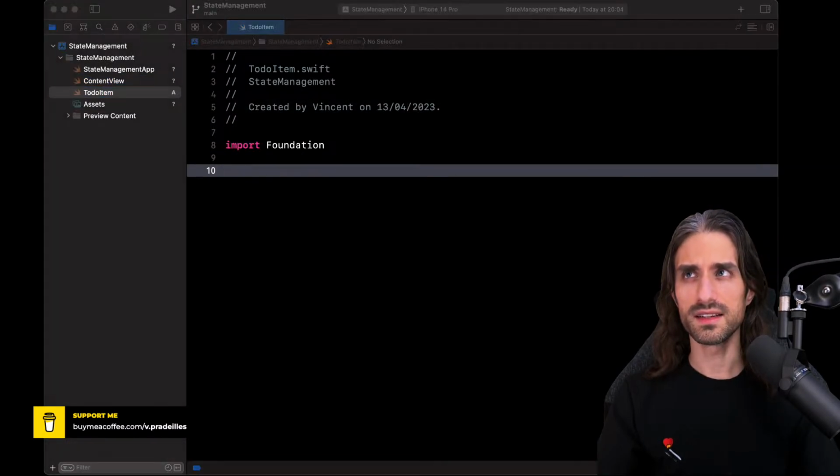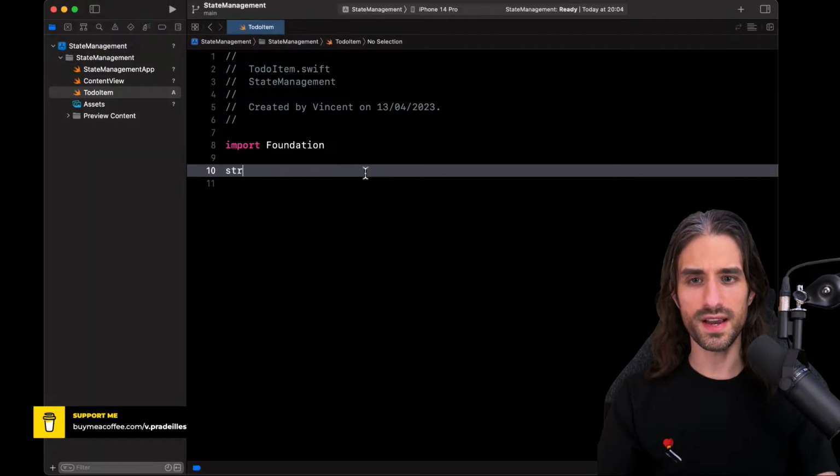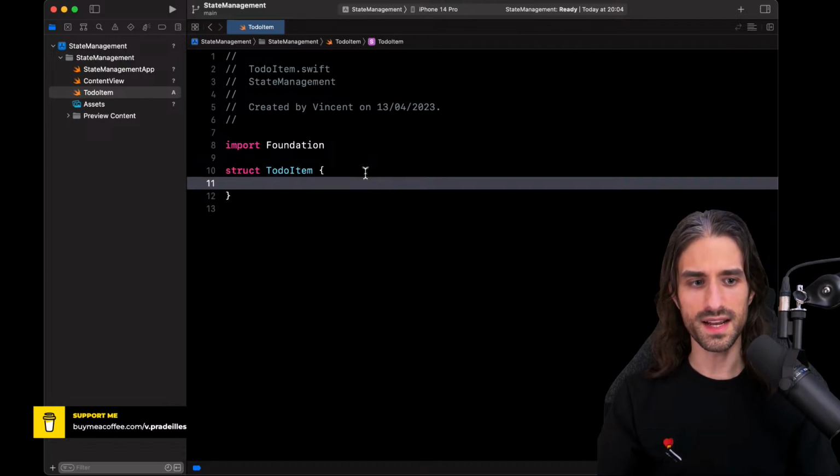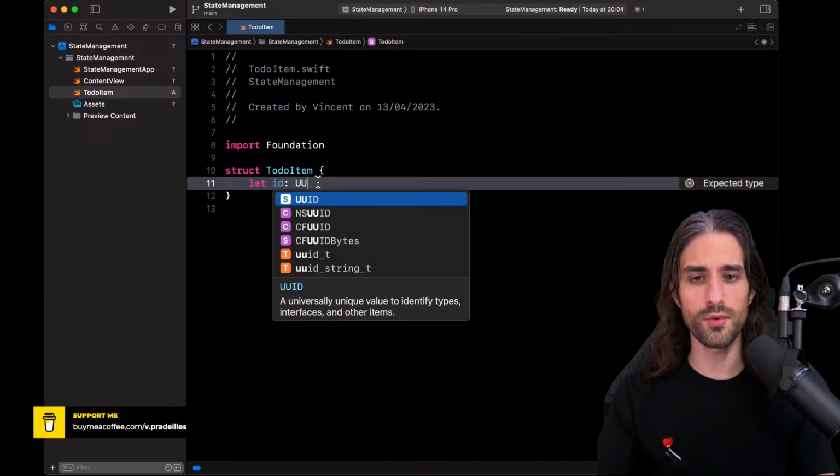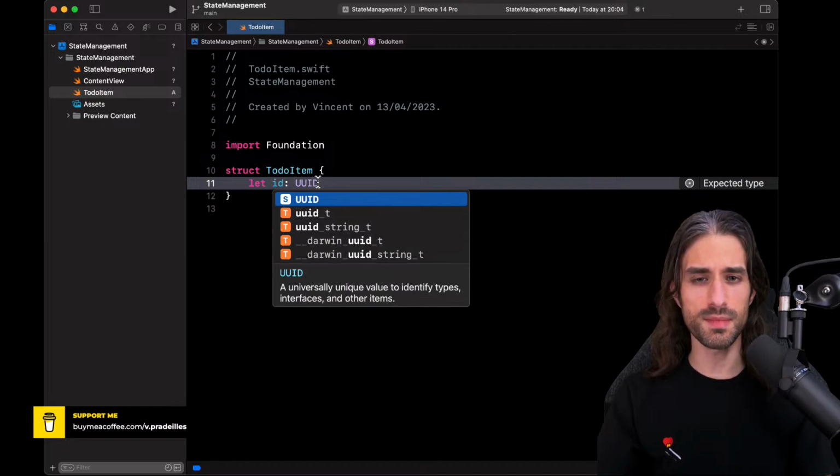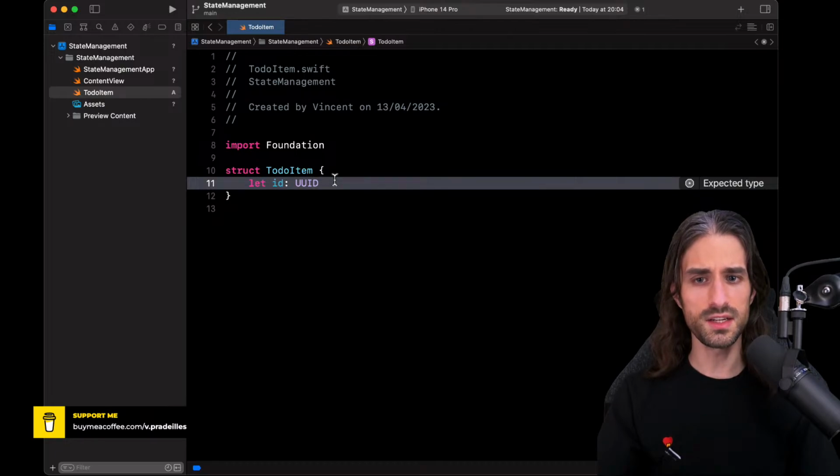And inside this file, I'm going to define a struct. I call it ToDoItem, like that. And inside this struct, I will need to define a few properties. So let's see. What do we need? We're going to need an ID, because I think I might have already shown you that whenever we want to display some kind of list in SwiftUI, we need a way for SwiftUI to tell the elements apart. So we have an ID which will be a UUID. This ID will never change, so I'm declaring it as a let constant.